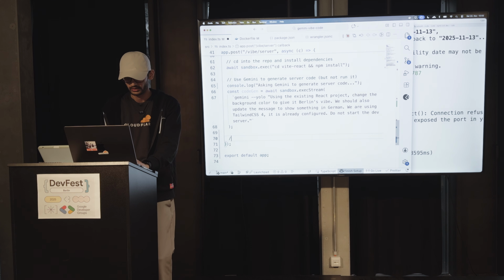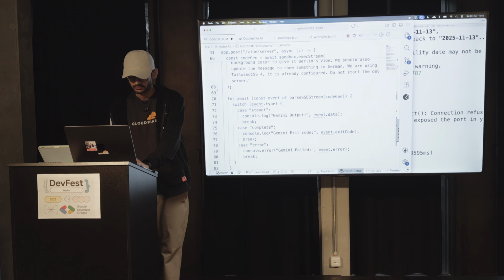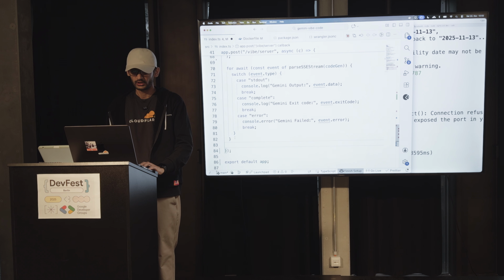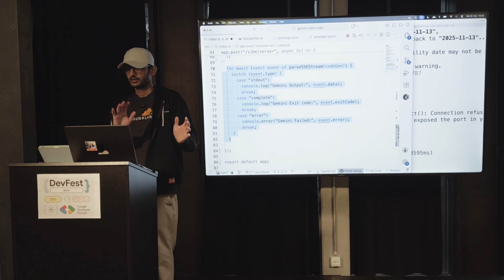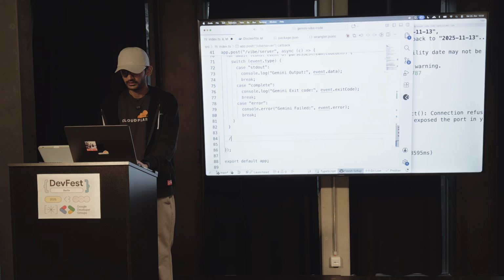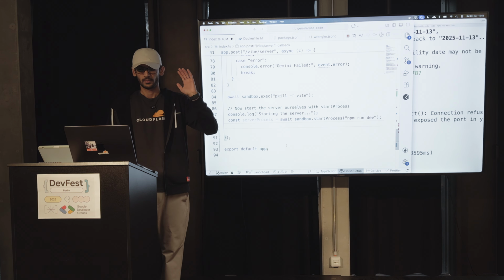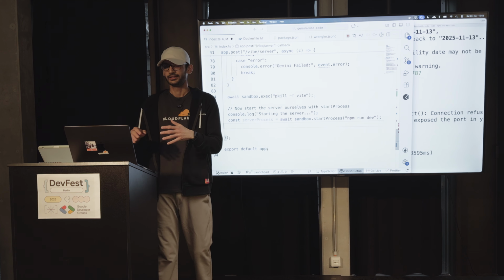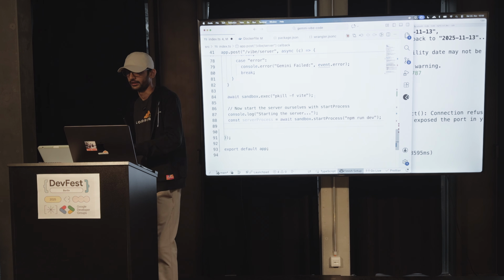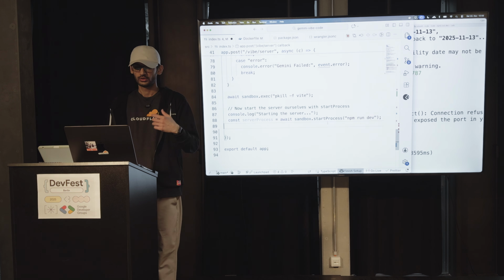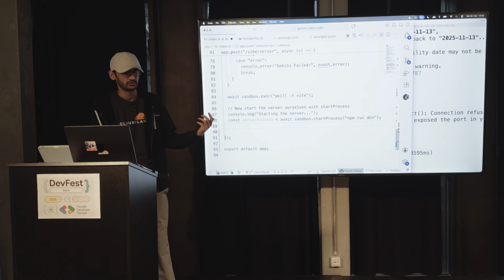I am going to try this. But before I do that, I have a small code utility over here, which is simply going to stream out the response that Gemini generates. It can be a textual response or the code that Gemini is going to give us. And at the end, I'm going to ask it to kill all the processes that are running. If there is already a Vite server running, I just want to kill it, because otherwise it's going to give me an error. So I'm going to kill that Vite server and start a new server with npm run dev.